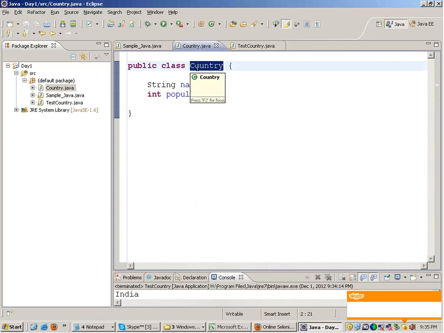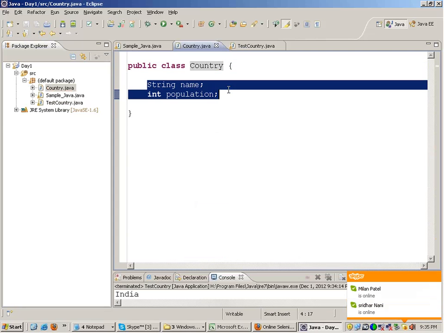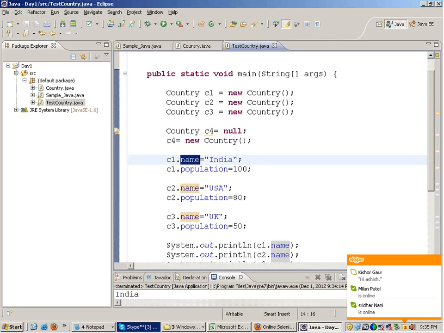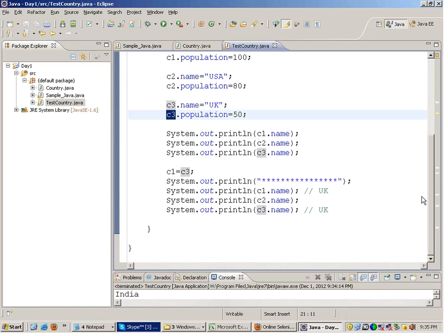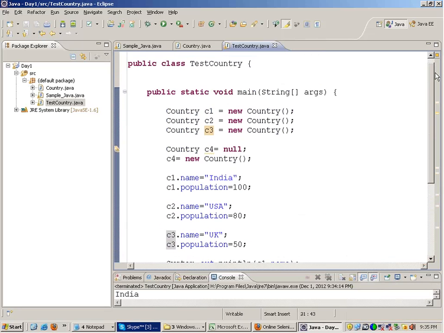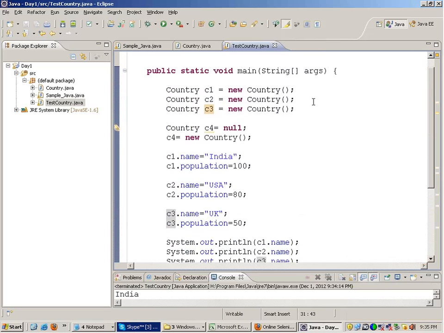Name is in the country class which I created. I am creating the objects of the country class. So after creating the object, if I write C1 dot or C2 dot or C3 dot, I get the properties of that particular object. Fine, so this is how you create objects.